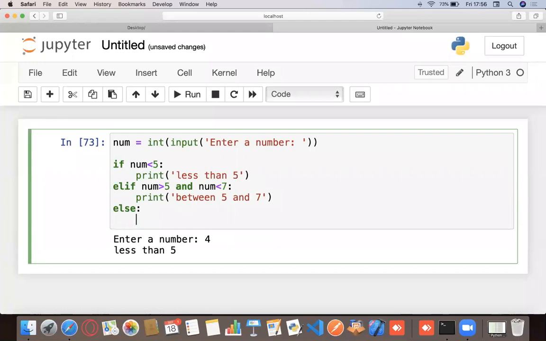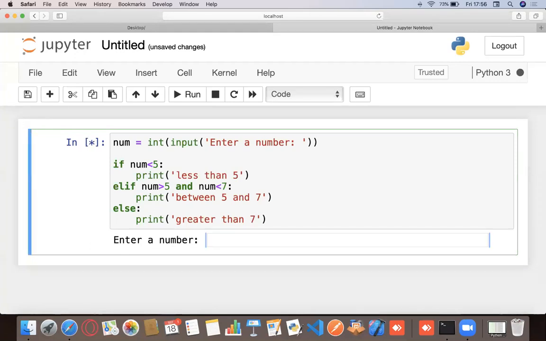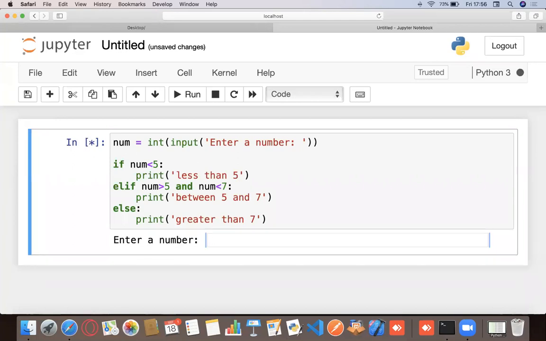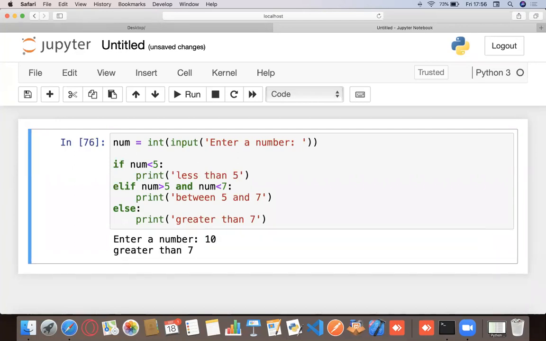Else, I could say print, and now let's check it out. Let's enter 1. It's less than 5. Let's enter 6. It's between 5 and 7. Let's enter 10. It's greater than 7. It works, right?